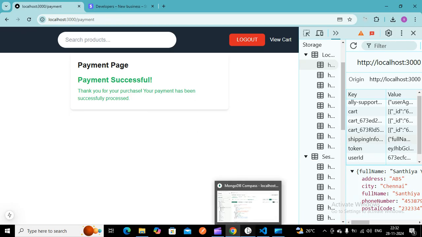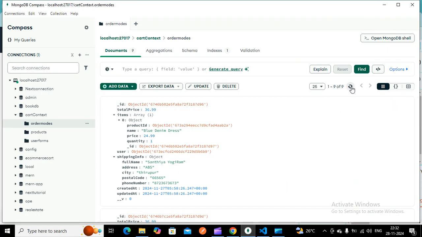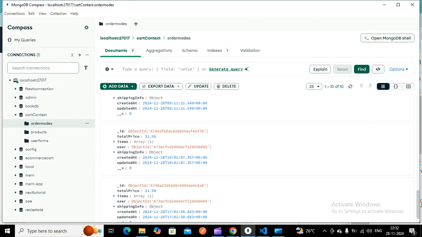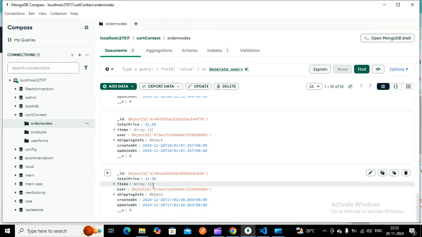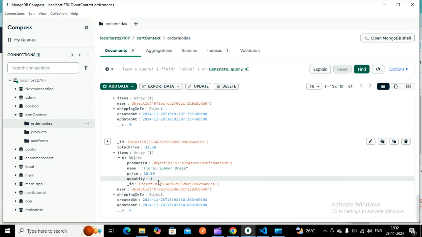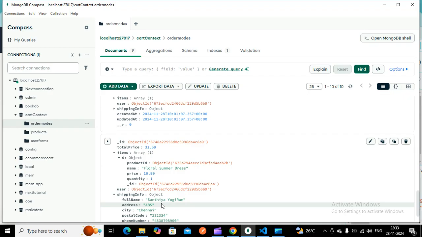Once you go to the database, I have nine documents right here. Once I have submitted, I'm getting the particular order model. Here I have 31 rupees, and the item count is one. This is having the floral dress. So you got the particular item. This is all about the shipping info which we have given.